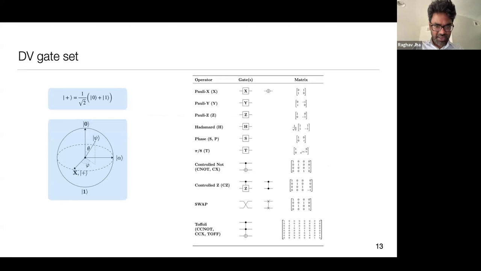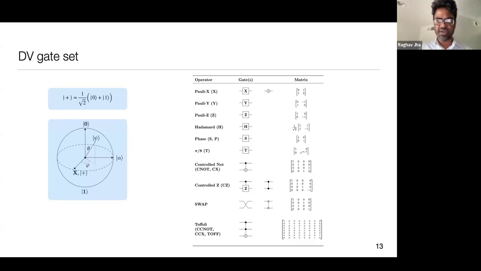Yeah, it's bad that I cannot point it, but it's okay. It's the fourth one from the top. It's called the Hadamard gate. It has a matrix representation. Then you have the phase gate below it, S and P, and it has a matrix representation. Then you go all the way down and you have the control naught or C naught gate, which is given by